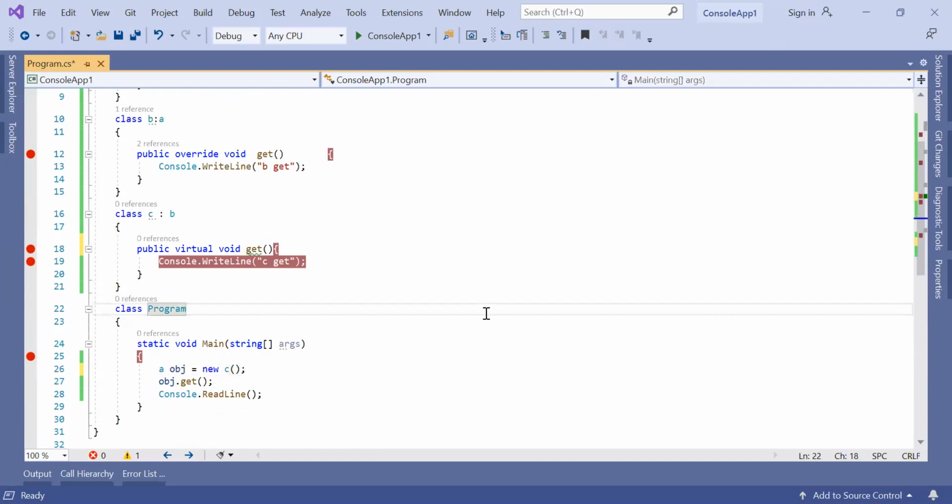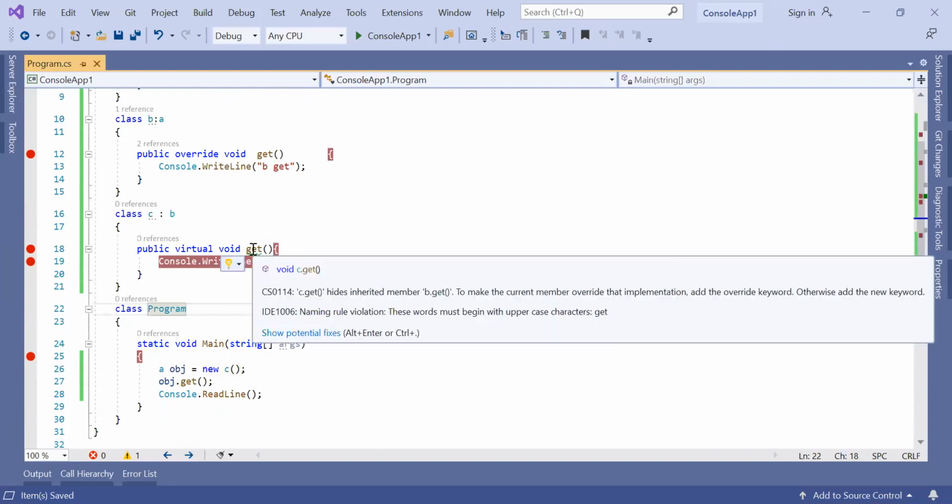Now what will happen? We can read this also.